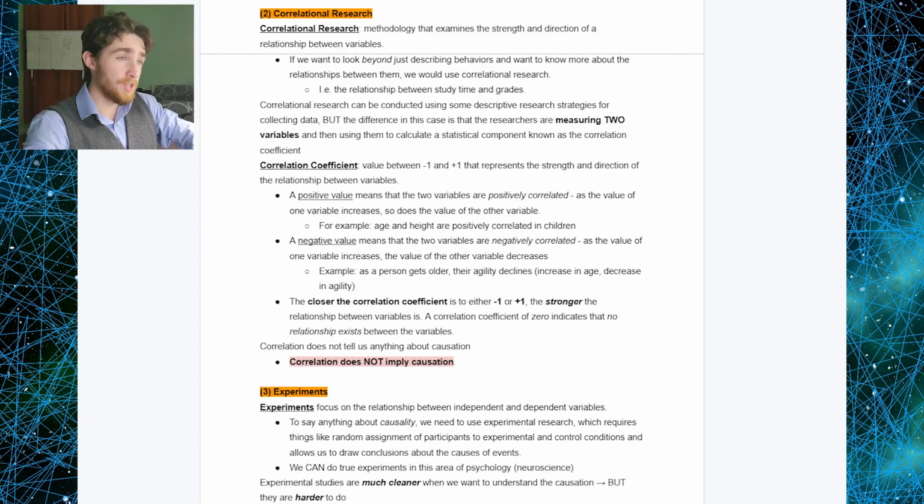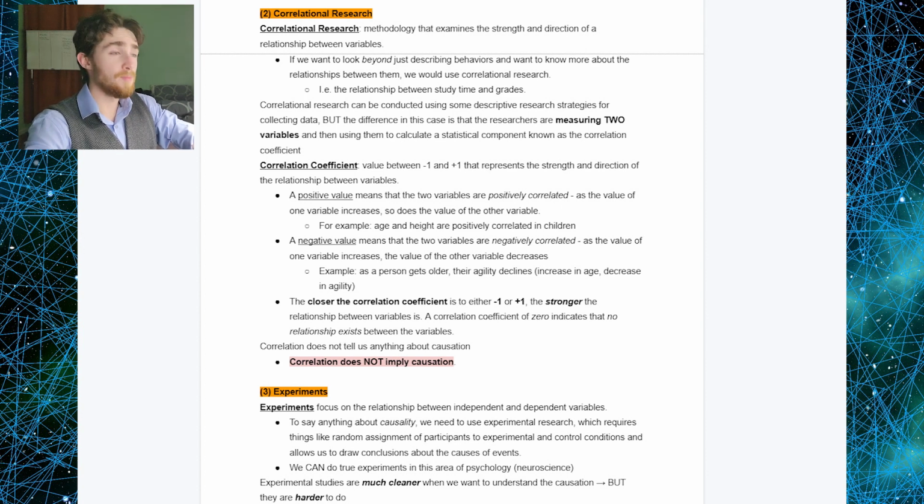Correlational research is a methodology that examines the strength and direction of a relationship between variables. If we want to look beyond just describing behaviors and want to actually know about the relationships between them, then we would use correlational research. For example, the relationship between study time and grades. Correlational research can be conducted using some descriptive research strategies for collecting data, but the difference in this case is that the researchers are measuring two variables and then using them to calculate a statistical component known as the correlation coefficient. The correlation coefficient is just a value between -1 and +1 that represents the strength and direction of the